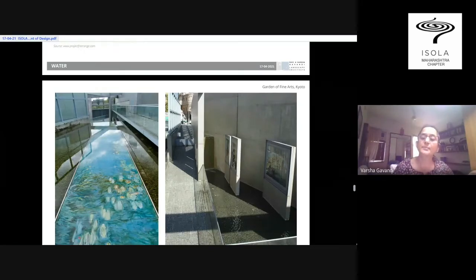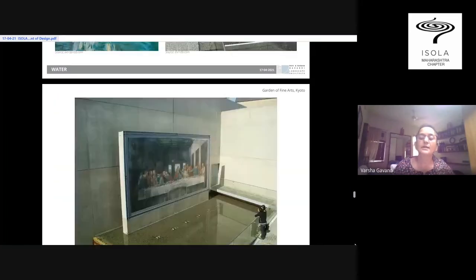There are some famous paintings for which the water either becomes a barrier, like a moat, or it becomes a foreground, it becomes a setting. Or it becomes music, so there is falling water for some of the paintings as a foreground or as a background. So actually water is used for various qualities along with these paintings, and one cannot really imagine this Garden of Fine Arts without water.